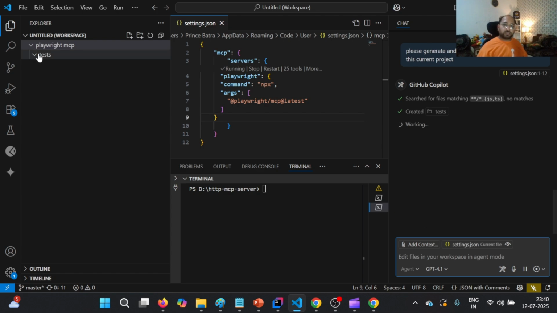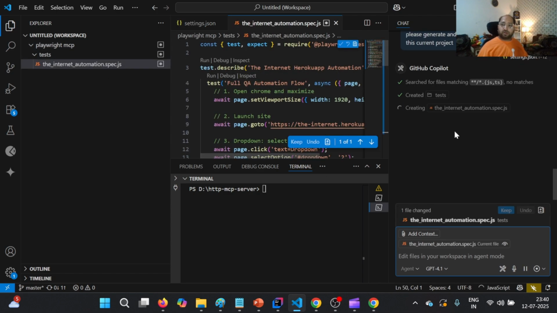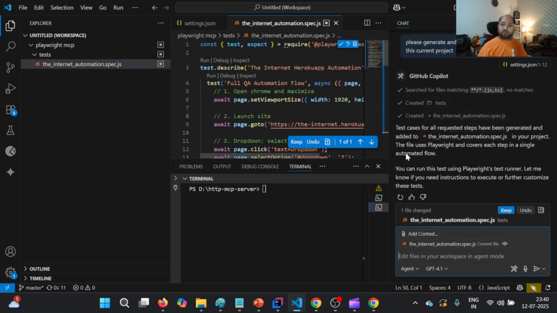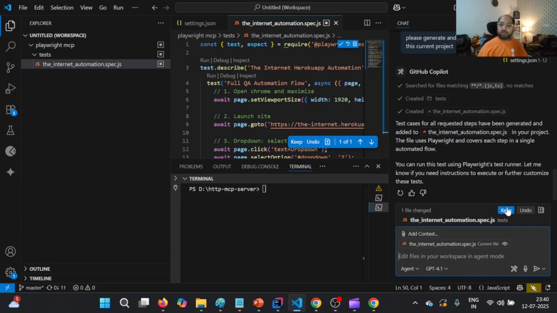So it has created the test section. Now it is creating this internet automation spec.js. So test cases are added. I'll have to click on keep so that I accept these changes, right? Now we can ask it to please run these test cases,